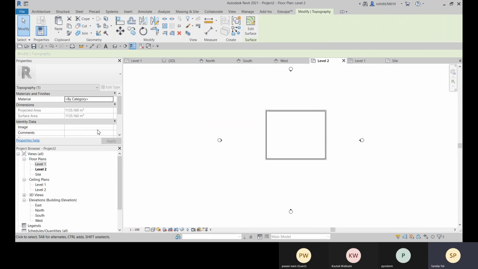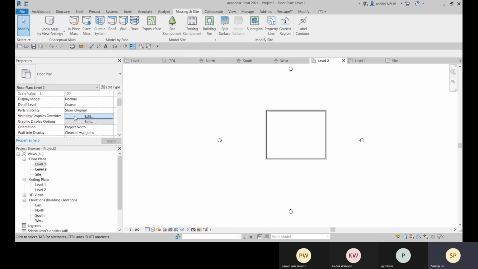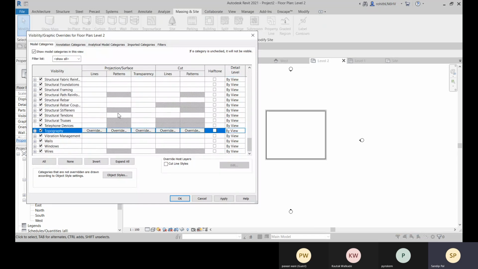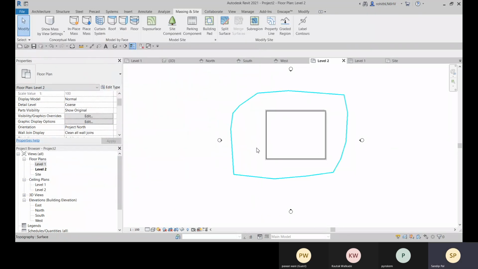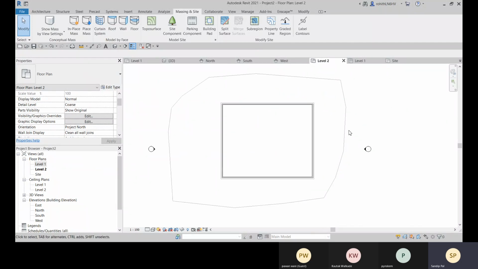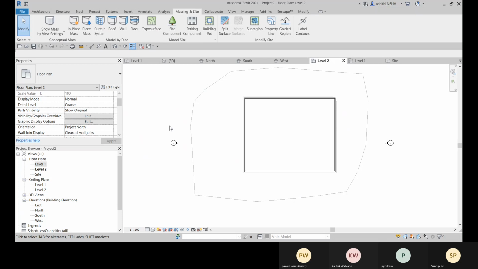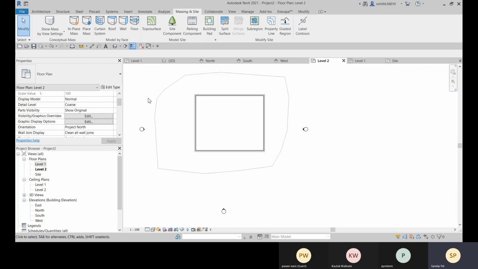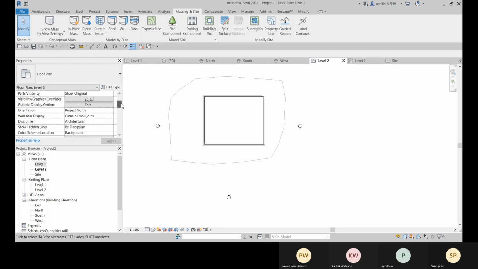And in this level 2, I guess the topography is not added, and here we can add it. So now you can see that it is visible, but not as bold as this color.